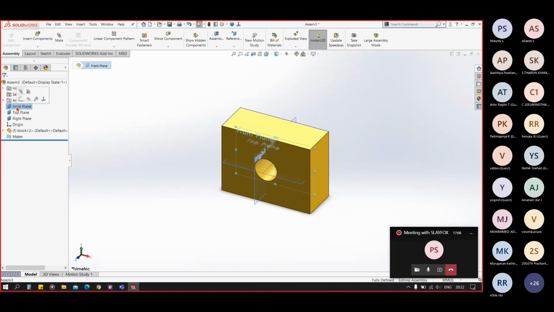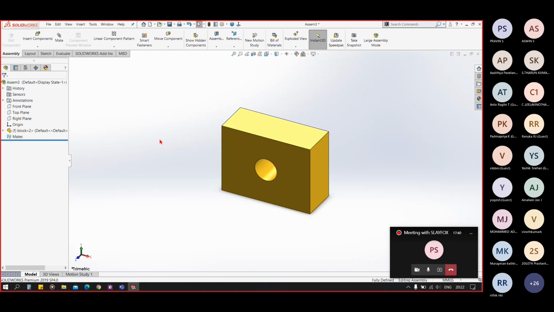Okay, now I'm hiding these three planes, and always remember, when you insert the first part, it will be indicated in the tree as F. F means the part is fixed in this place. Every time you add a first part to the assembly, it will be fixed automatically. When you click outside, it will be saved at that location. When you directly hit the OK, it will be at the origin's location.